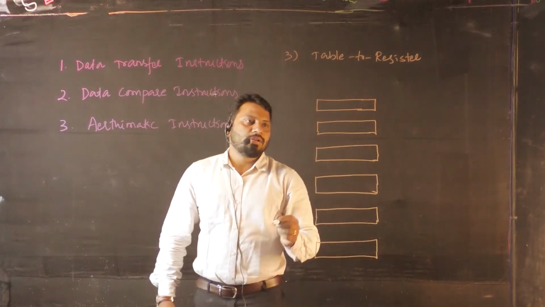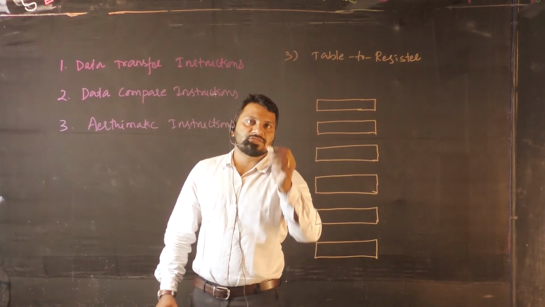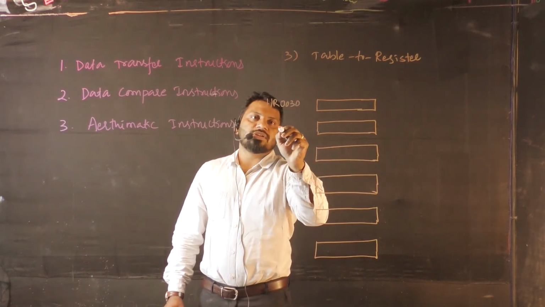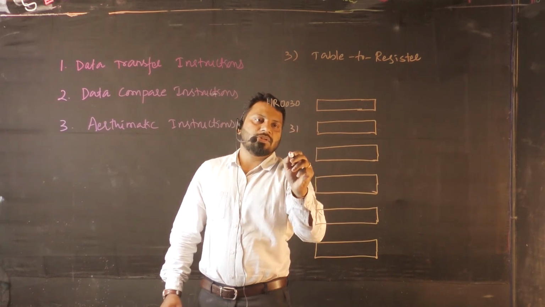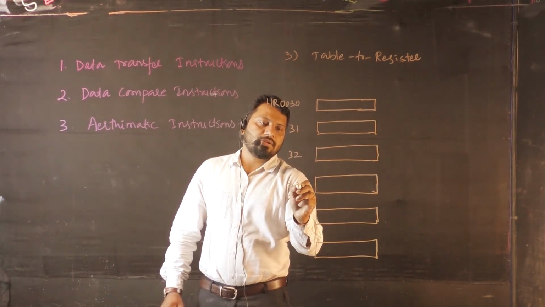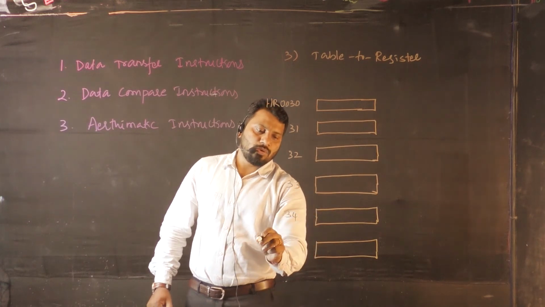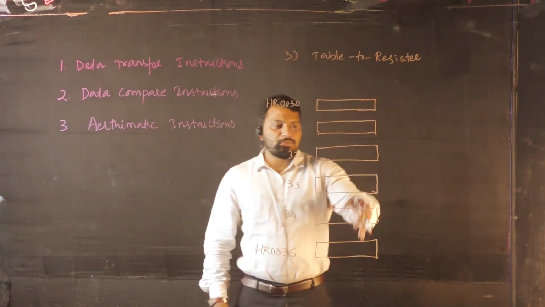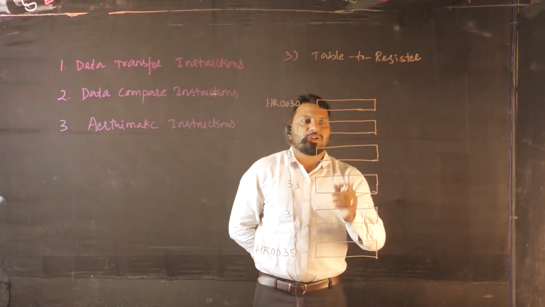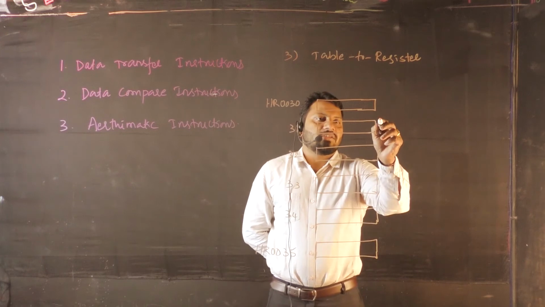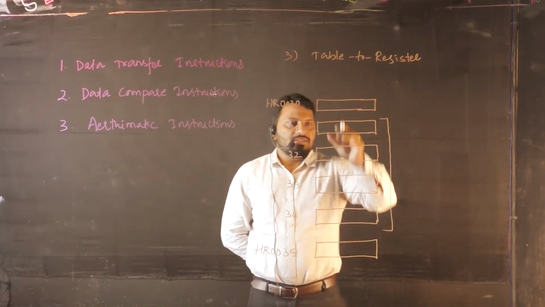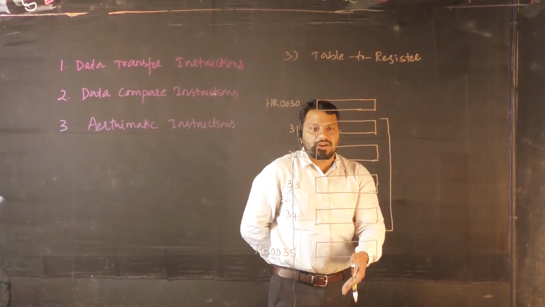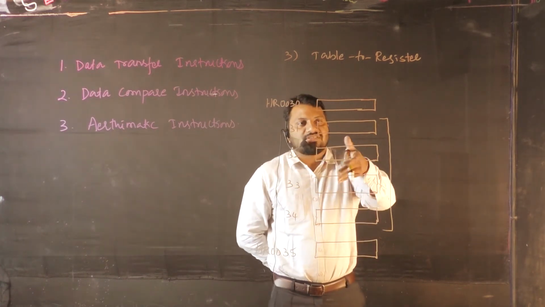This is the table, right? So, a table of registers from holding register 0030. This one is holding register 31, 32, 33, 34, holding register 0035. So like that, some tables of registers are there. In this particular table, 4 registers of data, right? In this bunch of registers, this table of 4 register data,